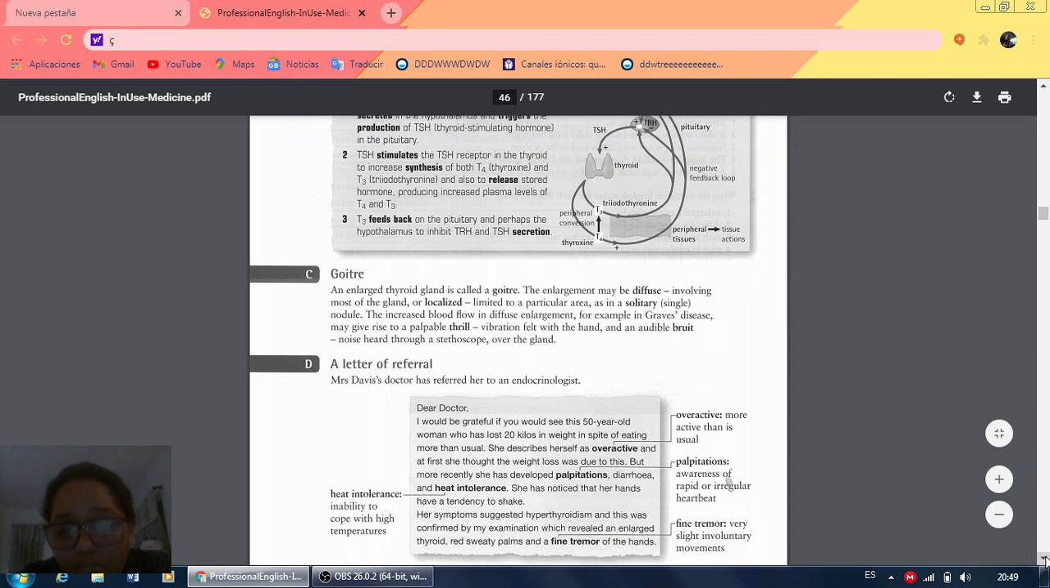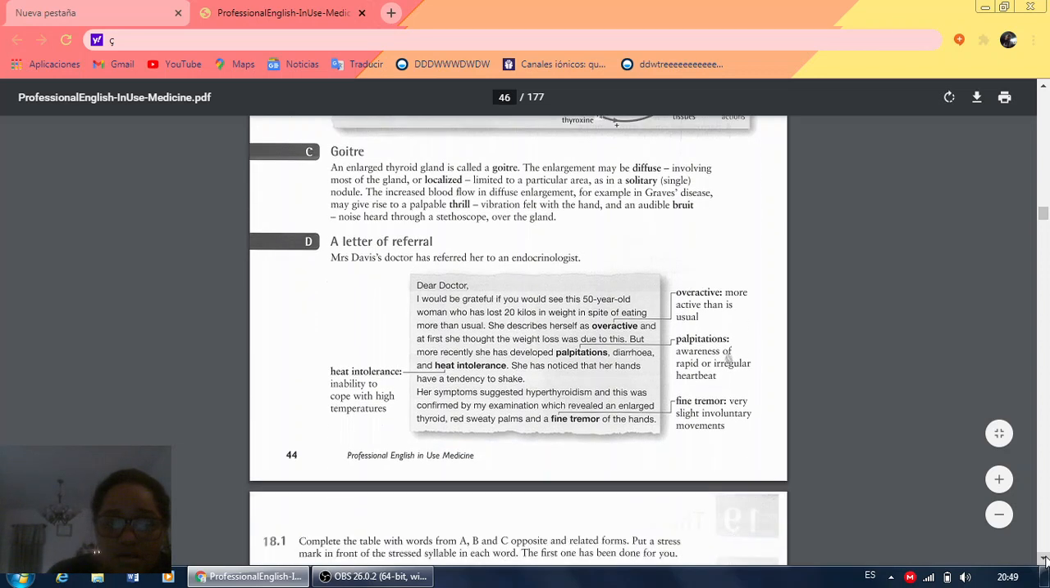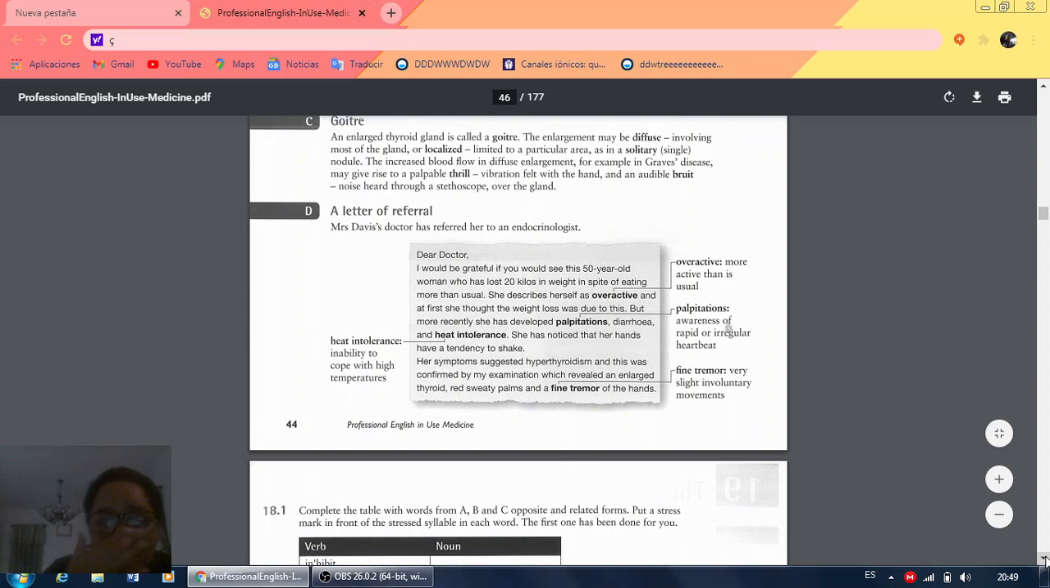For example, gravity says 9 hip rises to value 3. Vibration for the hand and audible. Nose hair don't stop over blank. A late of rebel. Mr. Davis' doctor has referred her to endocrinology. The doctor, I when general you would say